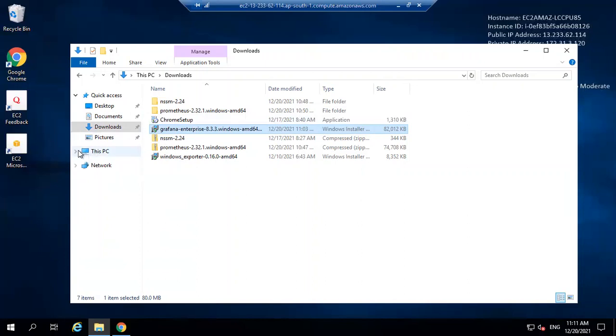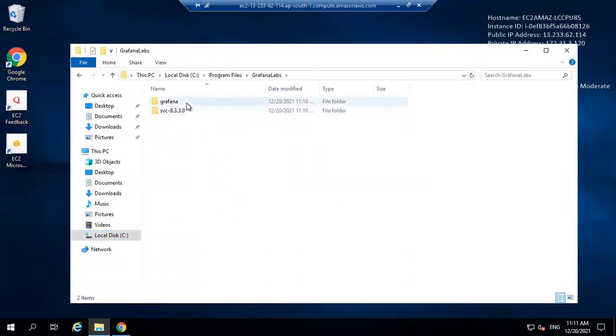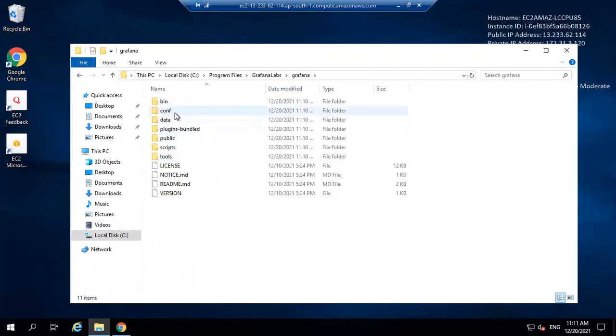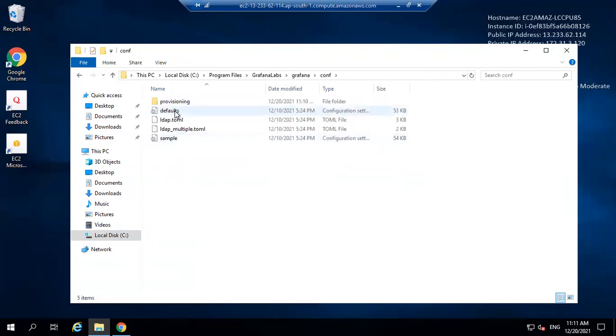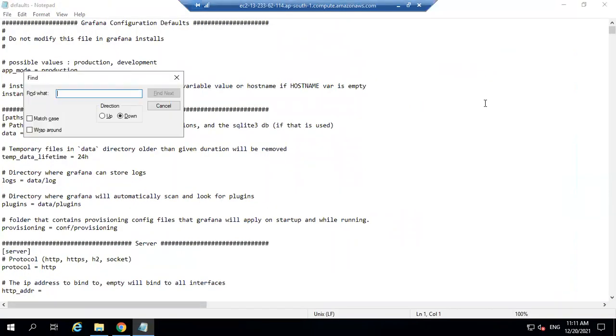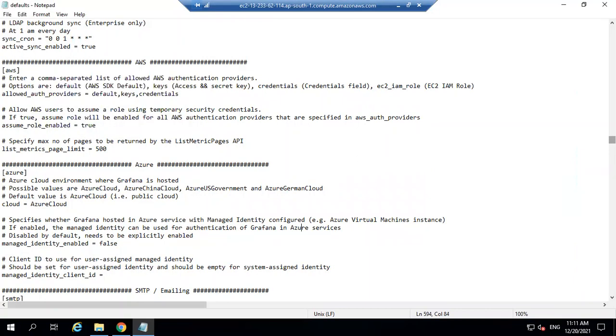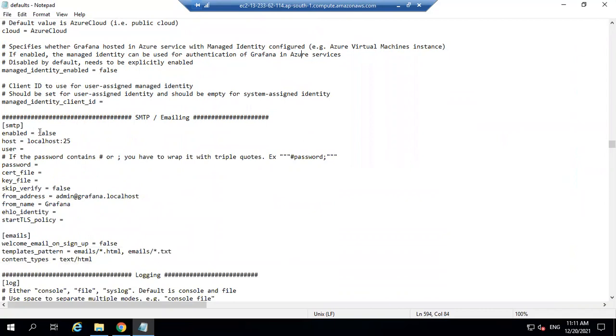Firstly, go to the Grafana lab and click on configuration and then click on default. Search for SMTP. Here you can see enable false. Here you can replace false with true.